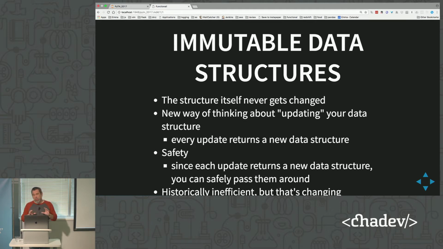More modern immutable data structures use something called a persistent data structure. Is anyone familiar with persistent? A little bit? All right. So persistent data structures are basically a new way of organizing data structures. And I know for instance, in Clojure, what they do is they model the data structure as a tree with a branching factor of like 32, I think. So it's like a very wide, very shallow tree.